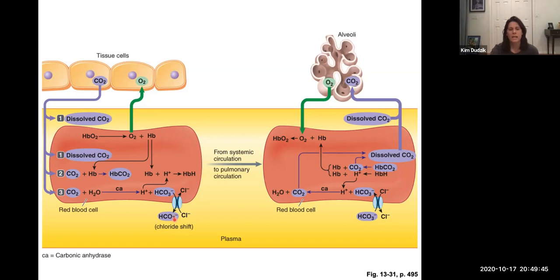Because we have a negative ion entering the plasma, we're going to pull a negative ion out of the plasma. That keeps the electrical charge in balance. We don't want to shift the polarity, so we balance it by pulling in a negative chloride ion. This is called the chloride shift. Let me walk you through this chemical equation. I went through that a little bit fast, so let me use the whiteboard to show that chemical equation again. Before I do that, I did want to go back.